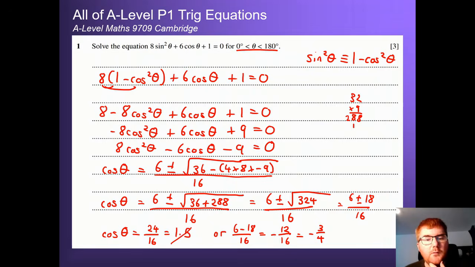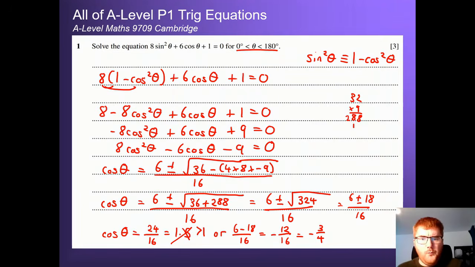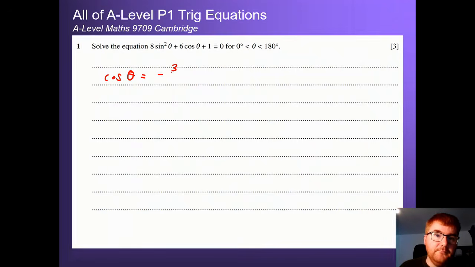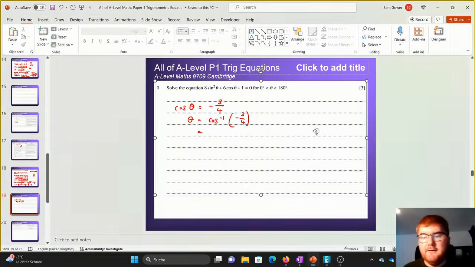Now notice this answer can't work because it is greater than 1. So we have one solution here: cos theta is equal to minus 3 over 4. Then we can work out theta here by doing the inverse cosine of minus 3 over 4. Let's see what our calculator says here. So we have cosine inverse of minus 3 over 4. Okay, and that gives us 138.59